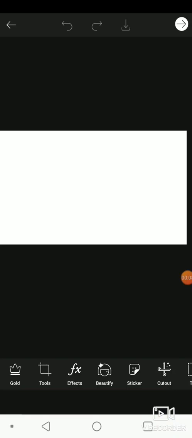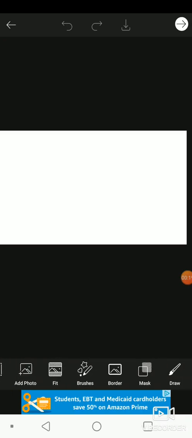Alright guys, so this is basically the most creative part of everything, and it's probably the funnest part. And you guys have done everything that's hard. All the hard parts are done, and all you gotta do is just put it all together. So here at the bottom, you have a variety of tools that you can use. Now for example, you can tap add photo,